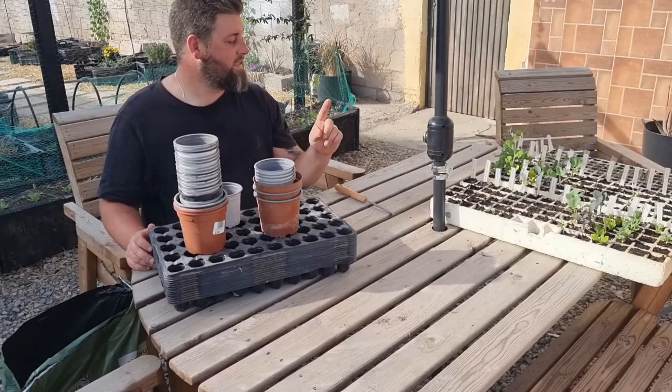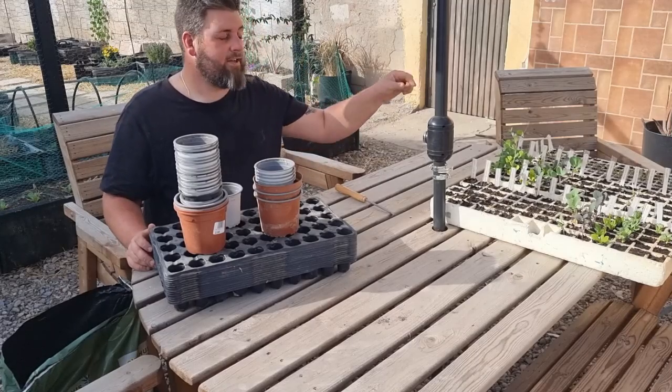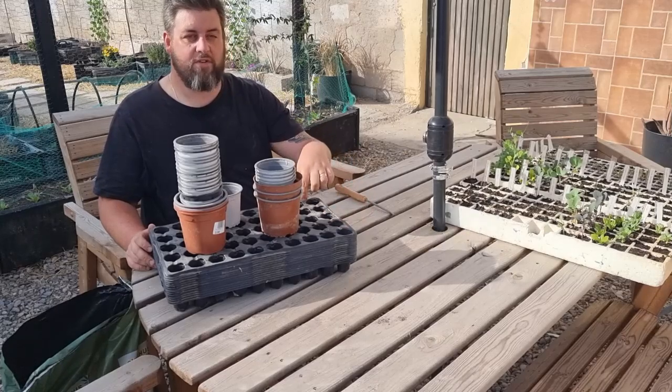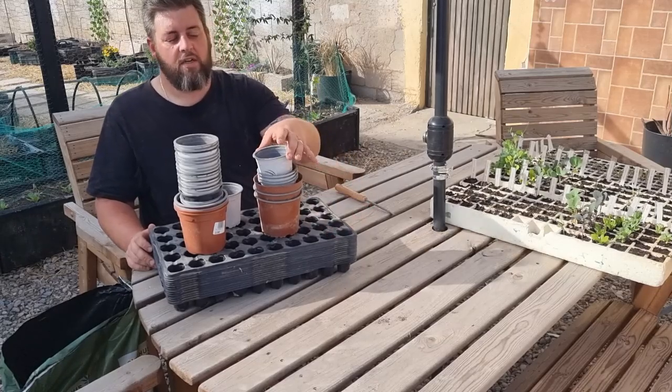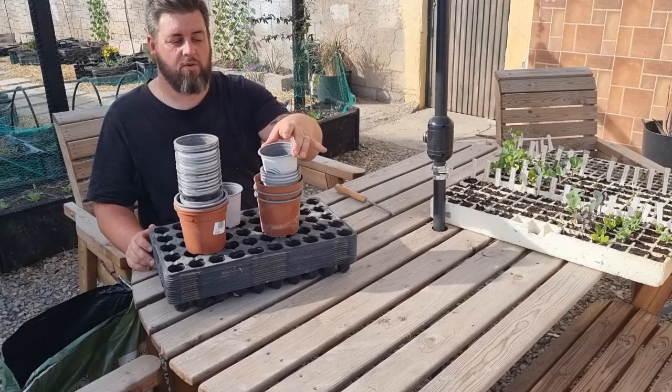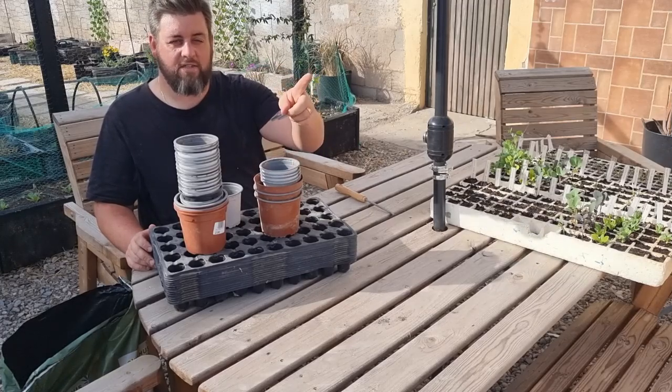We got given these trays at the bottom by a friend who knew that we needed some pots, which is great. So my plan is I'm going to split the English wallflowers. There's about 3 or 4 to one cell, and I want to split them and give them their own individual cell in these ones. In these pots, I'm going to use these for some of the broccoli, some of the peas, etc. that we've got going,